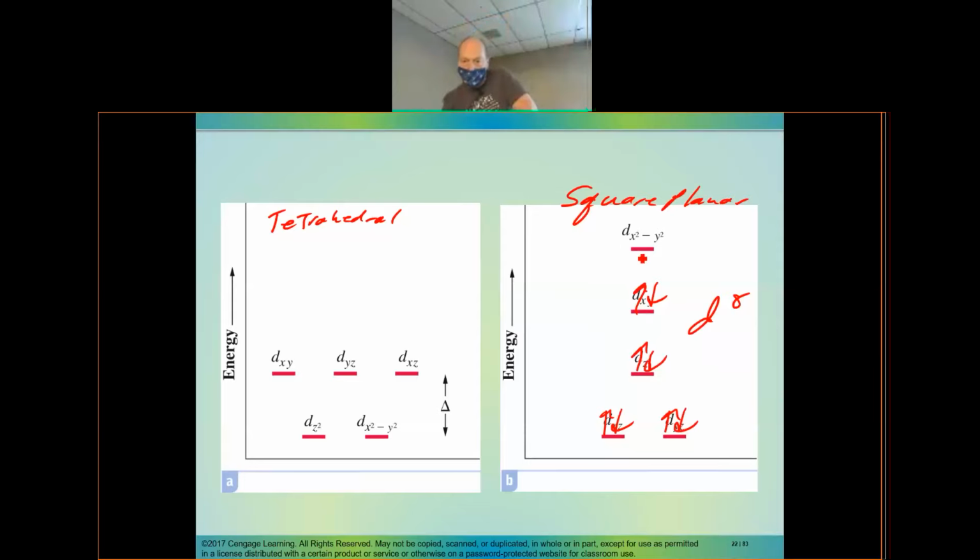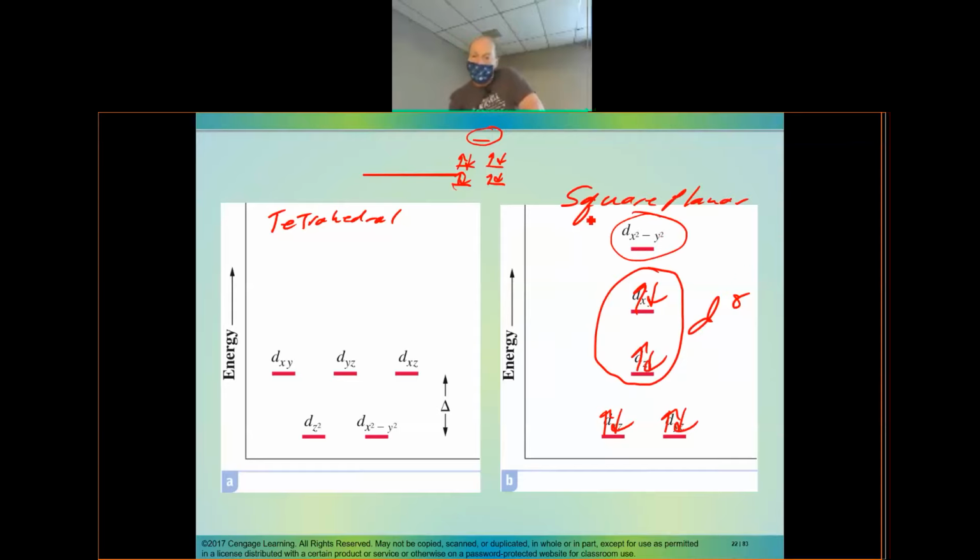Now, these two orbitals are very close in energy, and many books put them at the same energy level. So if you see any examples where the square planar looks like this, they're saying that these two orbitals are so similar in energy, the energy difference is very small. Some will separate them, and some will leave them the same. Regardless, you do your D8, and it doesn't matter because the electrons are paired in both of those d orbitals. Now, the top for square planar is always empty. So since this is always empty,